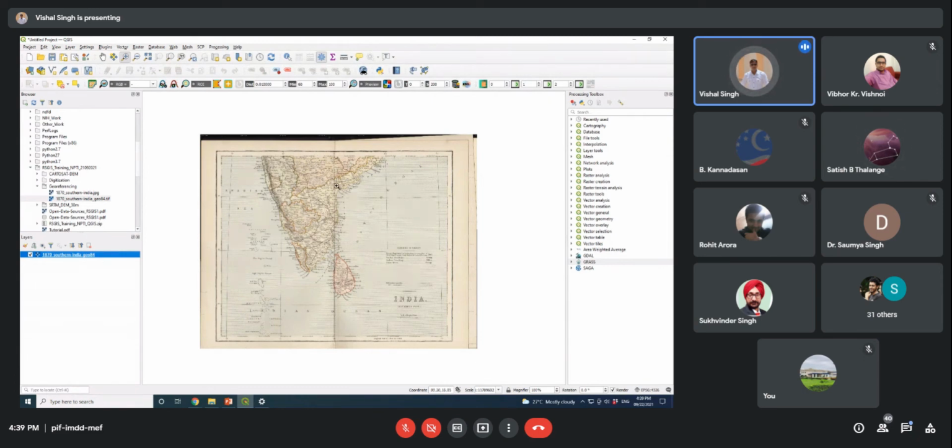In recent projection systems, some standard ones have been developed, like Lambert conformal. Mercator is a very old projected coordinate system. But some location-specific projected coordinate systems have been developed with very high accuracy, because they use their own reference datum for that particular region, so the accuracy will be more.